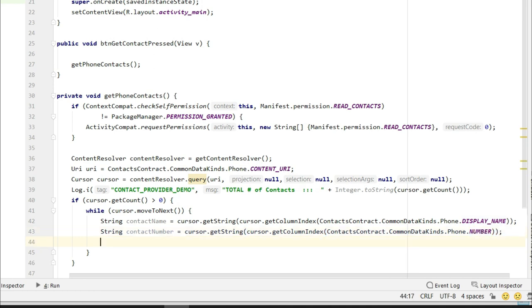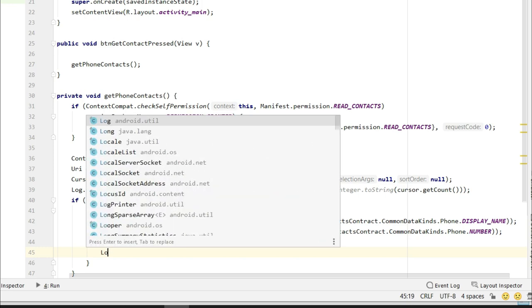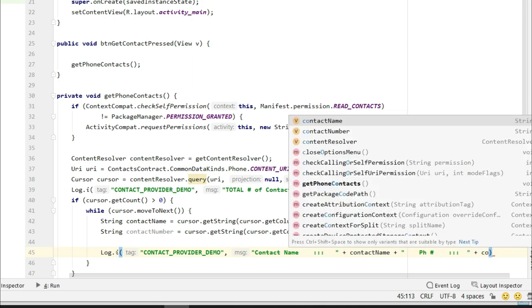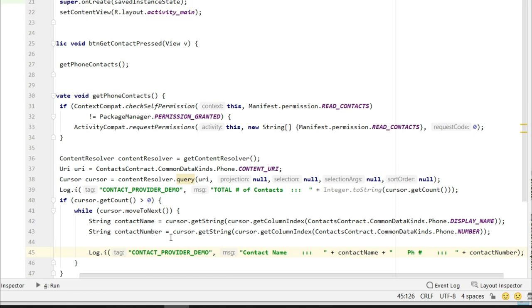Now let's print a log of what we are going to read. So okay guys, we have printed a log which will first print the contact name and its number.